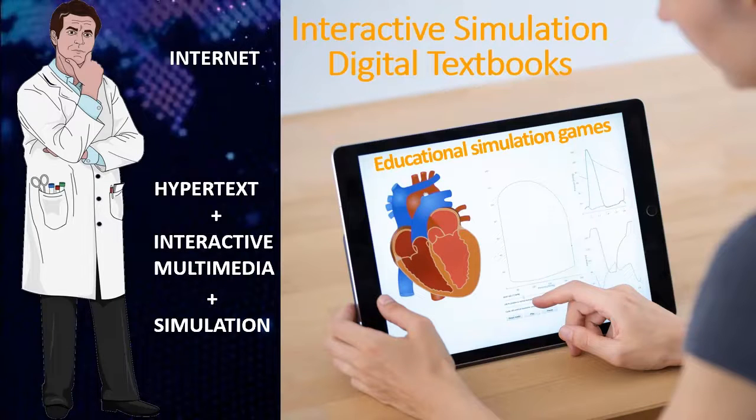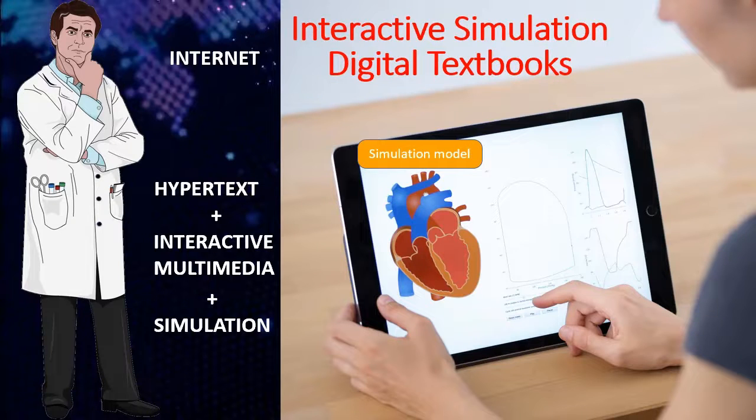This way, we create a new type of electronic digital textbook, executable in a web browser, which we could call interactive simulation textbooks. Interactive simulation textbooks expand the possibilities of classic digital textbooks. In addition to hypertext, multimedia, and interactive graphics, they contain a hidden simulator in the background.